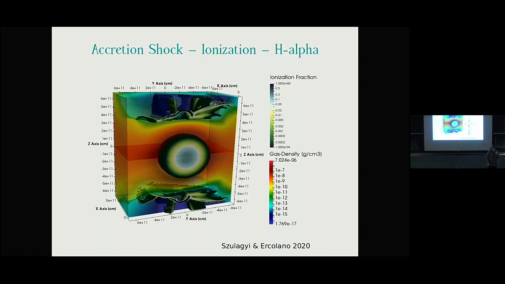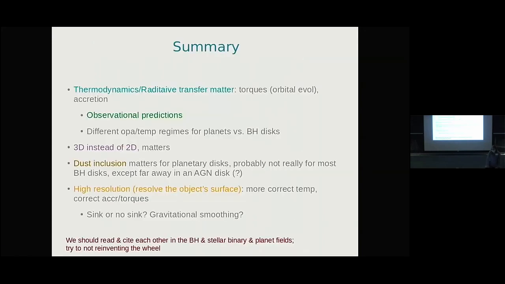The H alpha line is important because it's an accretion tracer line, so the line flux is directly proportional to the accretion rate of the object. In summary, we have seen thermodynamics is a good thing to have. It's going to change the torques and the accretion. You can get observational predictions, but we are in a very different opacity and temperature regime for the planets versus the